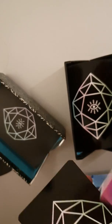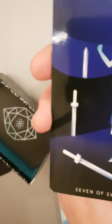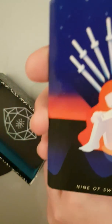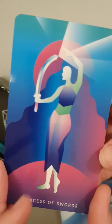Oh wow, these are just so stuck together. There we go. Almost like damaging them because they're having to pull them apart. But that's just bent a little bit there. Five of Swords. 6 of Swords, 7 of Swords, definitely hiding that other sword, 8 of Swords, that's quite a beautiful one actually, 9 of Swords, 10 of Swords, doesn't even have a head anymore, look, there's the hair. Princess of Swords,